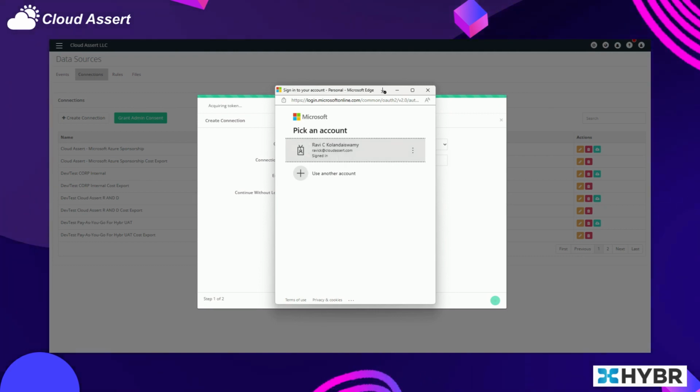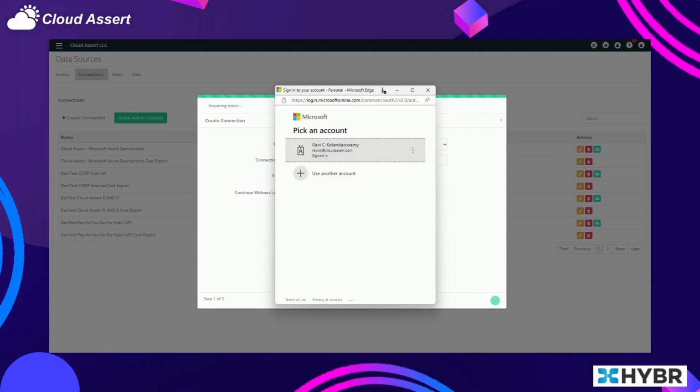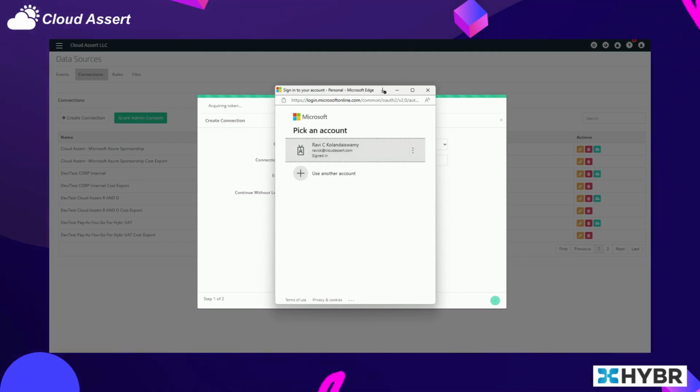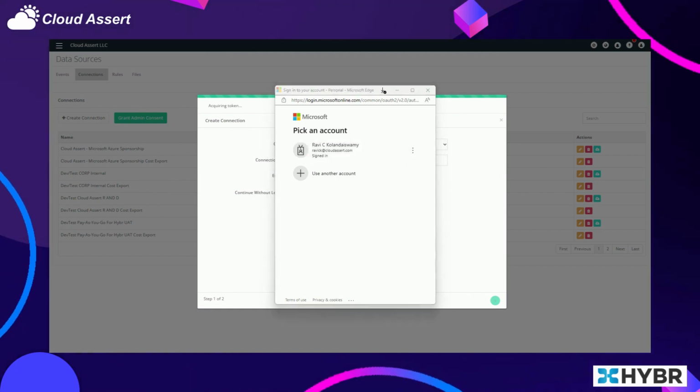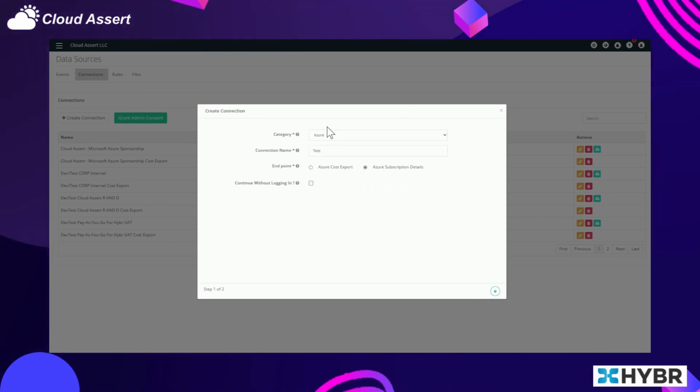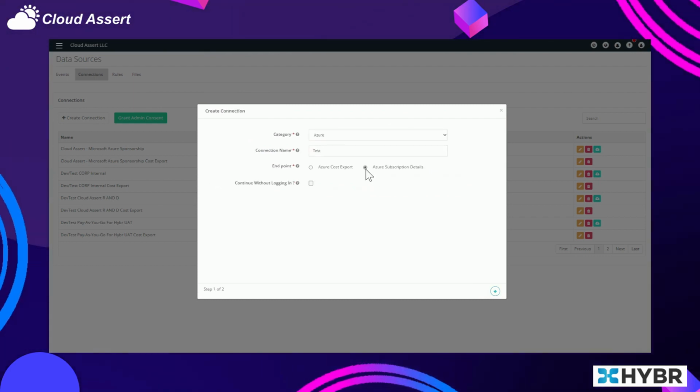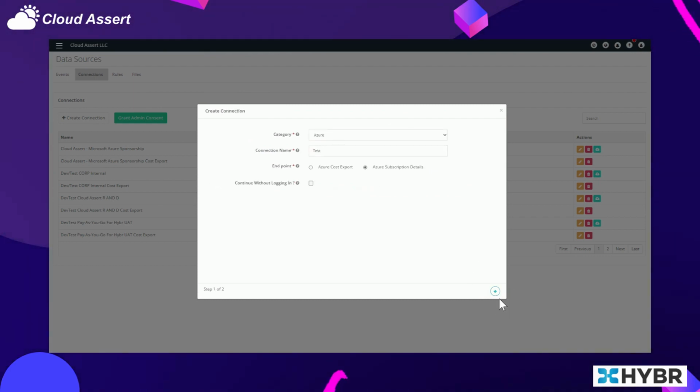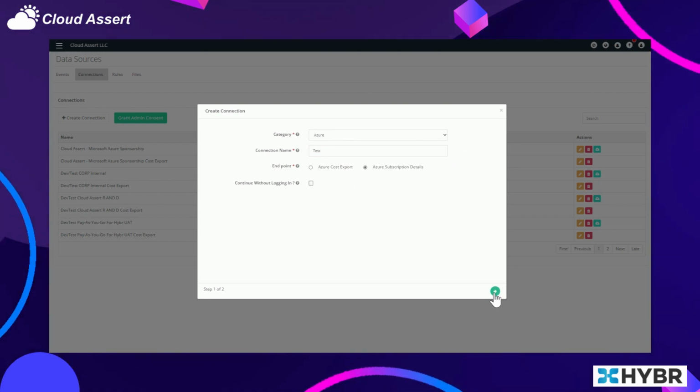You can log into the account and Hybr will automatically pull in existing configurations for cost export. Or you can select Azure subscription details here, and that will